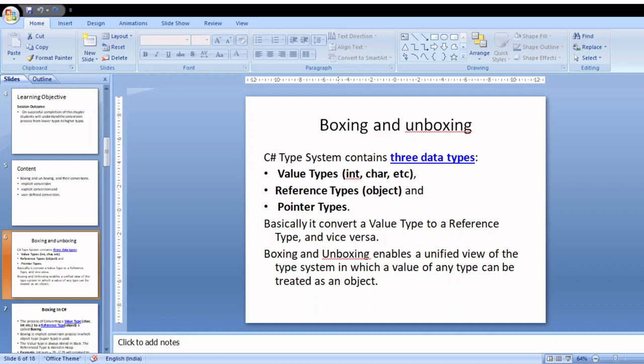Next, I'll move on to the concept, the major concept in C#, boxing and unboxing. Whatever the things we discussed till now is of the category of primitive data types.